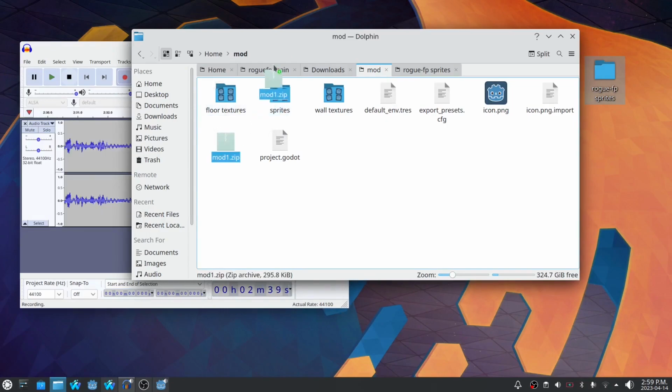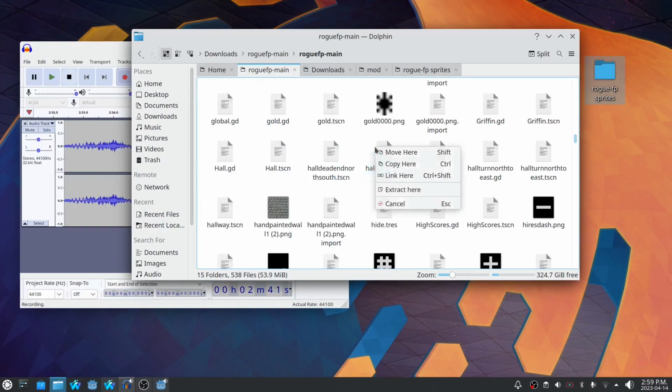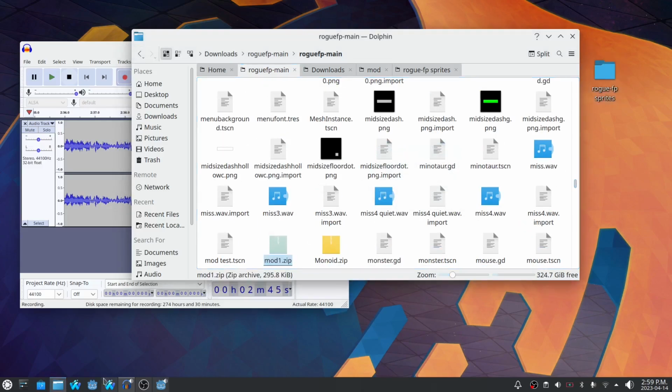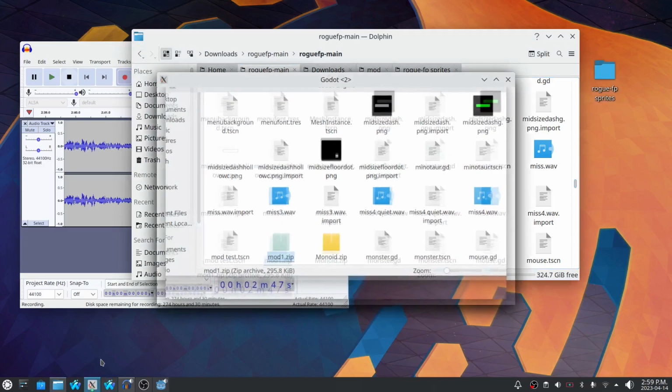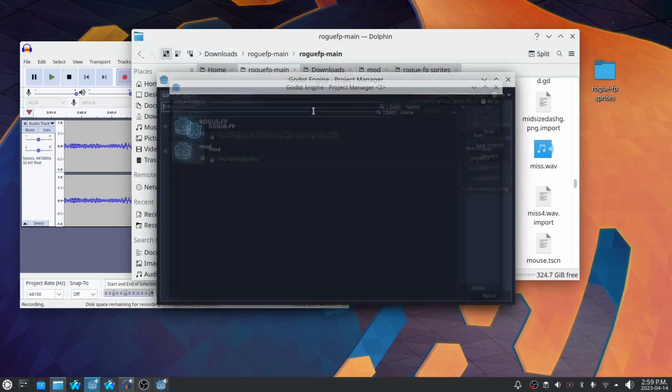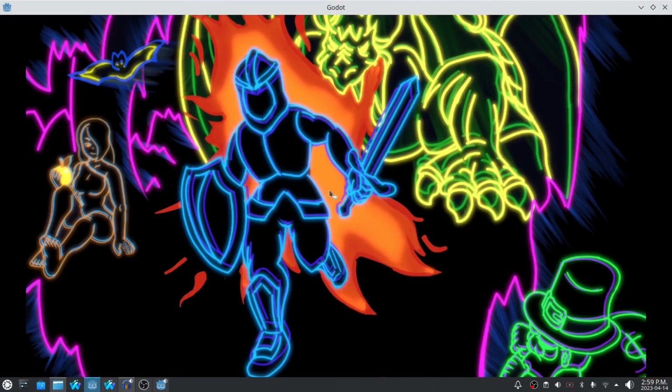I'll put that into my game directory. I don't have it very clean, unfortunately. Move here. And so now, come on, there we go. So now when I fire up the game, it'll open the mod and overwrite a whole bunch of